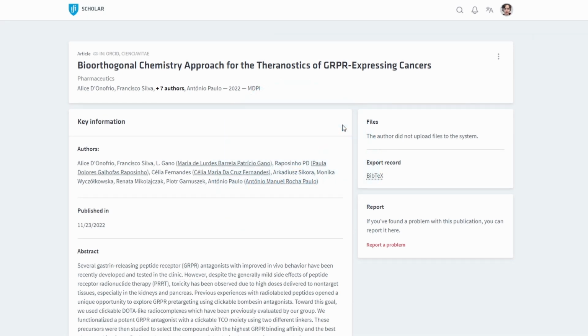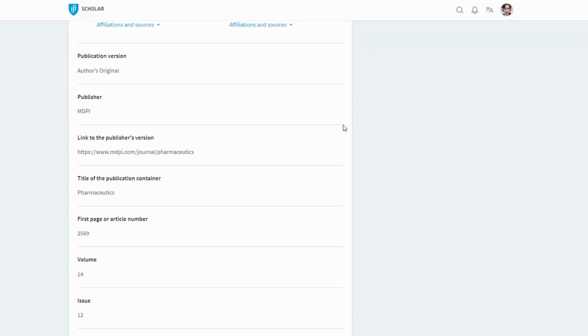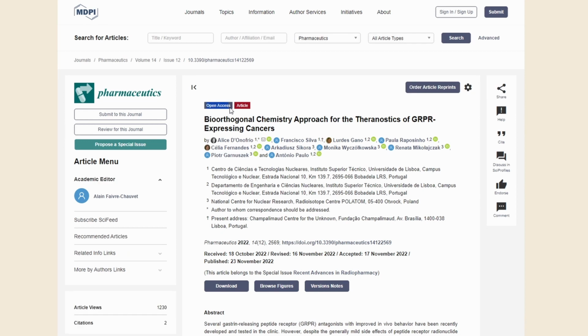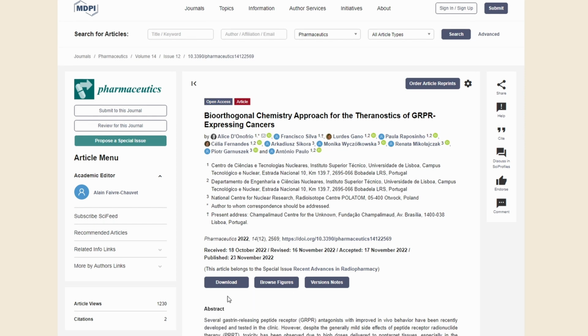We have here a record, a document that is in open access. We can confirm this fact through the DOI, the Digital Object Identifier, with which we verify that it is a document that is already in open access, which means that we will be able to add the published version of this document in the repository. It's a very simple process, as we will see. We download the article,